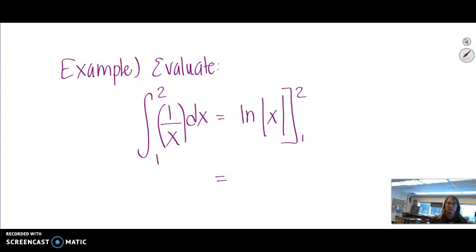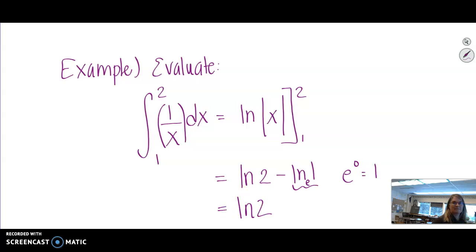So just like normal definite integrals, we're going to plug in the 2 first. So we have ln of 2. I can drop those absolute value bars because 2 is already positive. And then I have minus ln of 1. And now what is ln of 1? It's 0 because the base of ln is e. So e to what power equals 1? E to the 0 equals 1. So this whole term back here is 0. So this answer is just ln of 2, the area under the curve of the graph of 1 over x,